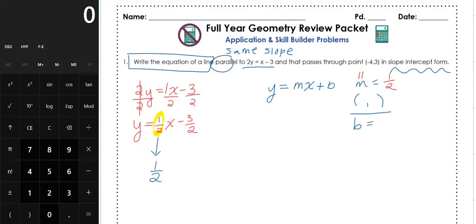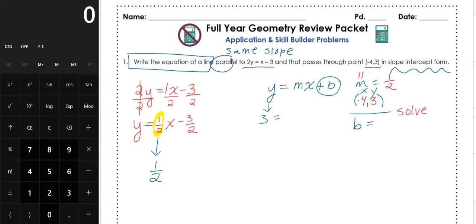And then we also need a point. Now looking back at the question, the point that they say is on our line is -4, 3. So we're going to put -4, 3. Now, I put a line underneath the point, and that line is supposed to tell you to solve. You have to solve for B. So in order to solve for B, you're going to plug in all of these values that you have. So the 1/2 is your M, the -4 is your X value, and 3 is your Y value. You're going to plug into your y equals mx plus b form, and you're going to be able to solve for B. So plugging things in, y is 3